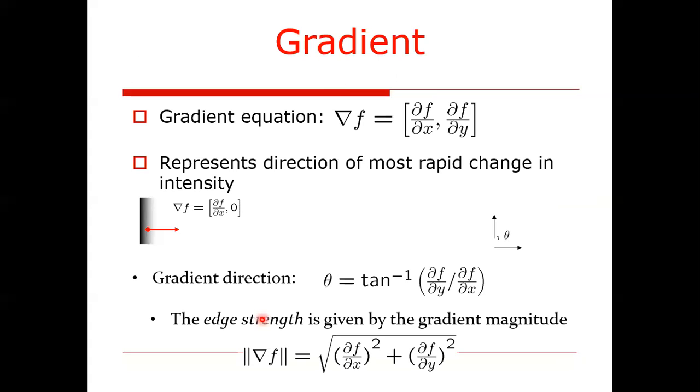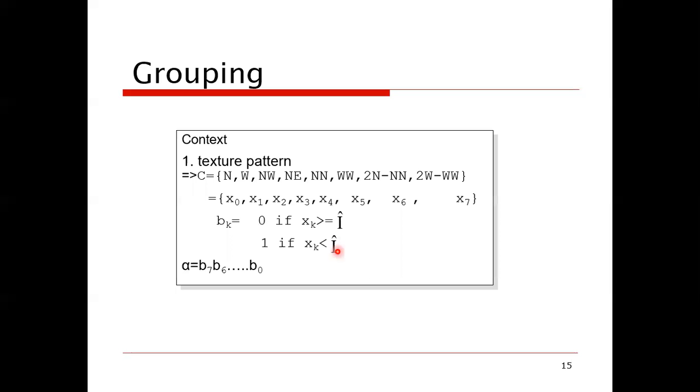Is 20 greater than or equal to 105? It's false. So b0 will become 1, because 20 is less than 105. The predicted value of pixel 100 was 105 and